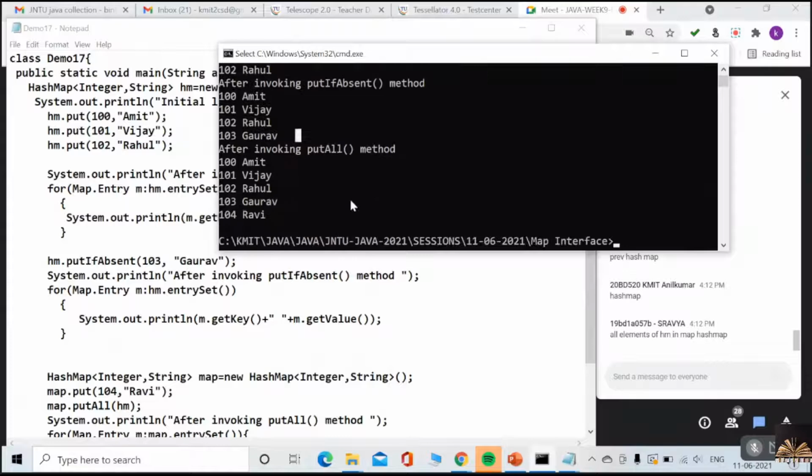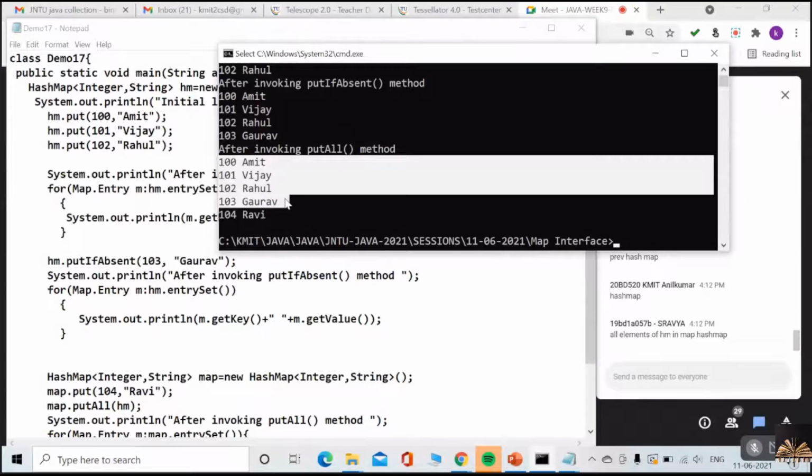And after invoking the putAll method, initially I just added 104 Ravi. After that, I used the putAll method, so that putAll method inserted all these entries. Yes or no? Guys, understood or not? Right?